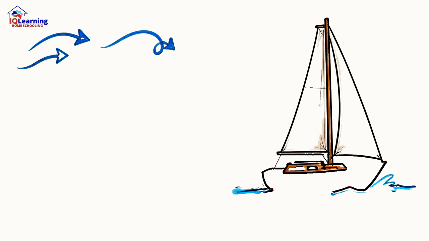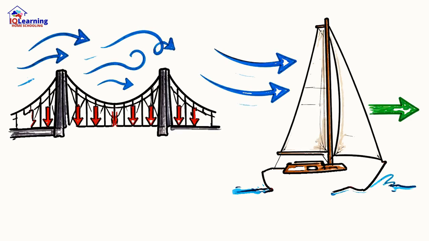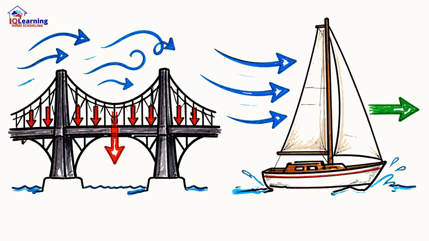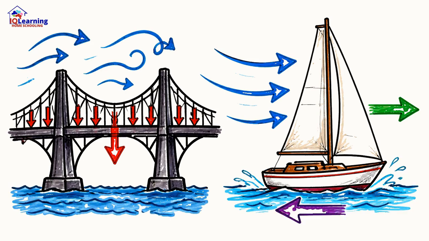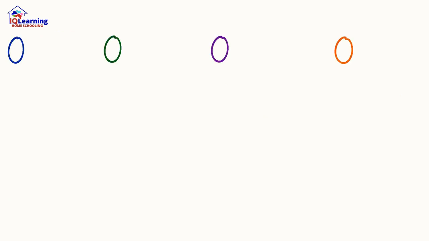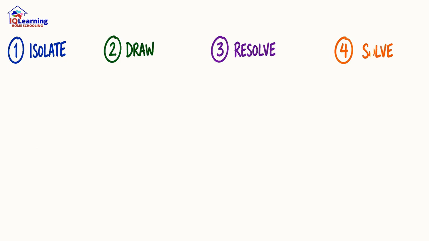We live in a world of pushes and pulls. A bridge fights wind and weight. A sailboat is pushed by the breeze and dragged by the water. It seems chaotic, but there's a master key to understanding it all, a universal algorithm that can unlock the secrets